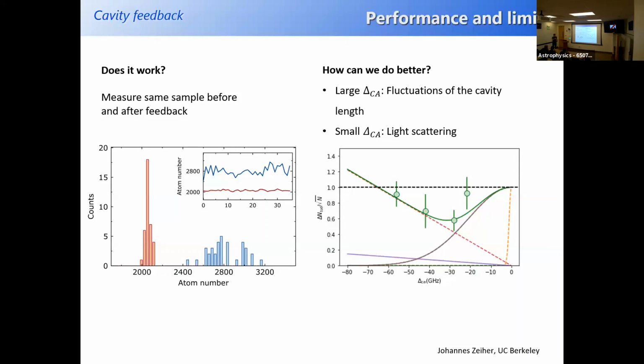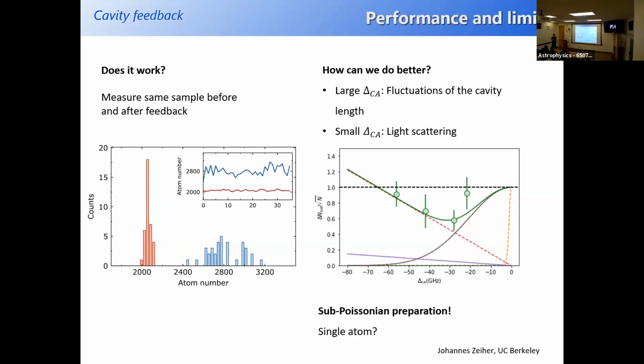For stronger couplings, with more resonant light, we're starting to get limited by scattering, at least that's what we think. There's also one thing missing from the plot. You see there's a discrepancy here. We think that cavity optomechanics is also starting to limit these small detunings, but that's something we're going to explore. But just to briefly summarize, it's already nice.